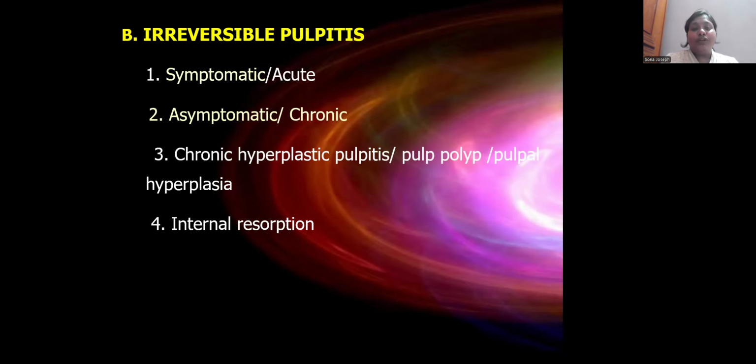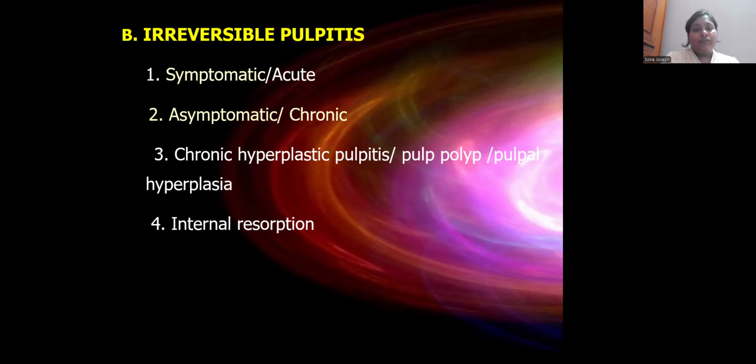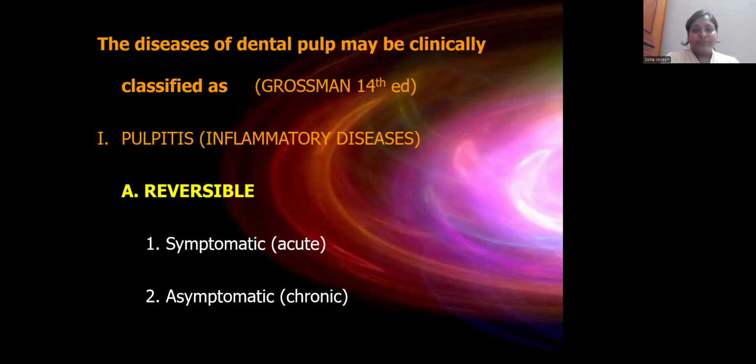The two most important inflammatory diseases, that's reversible and irreversible pulpitis. What are the differences in symptoms, histopathology, radiological features, and treatment part of reversible and irreversible pulpitis? Pulp degeneration, necrosis, and two inflammatory conditions, that is the chronic hyperplastic pulpitis and internal resorption, we'll try to cover in the next session. So coming to the classification, according to Grossman, 14th edition, the pulp diseases can be divided